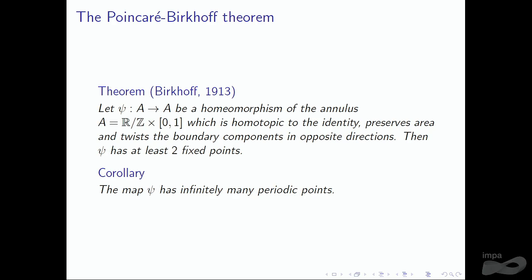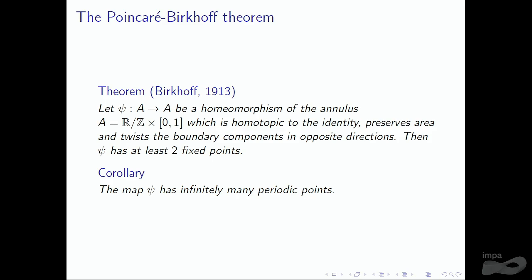In general, the twist condition for us will be that the rotation number, let's say, in the upper boundary component is positive, so the points move to the right, and in the lower component, it's negative, meaning that the points move to the left, okay? And then what is possible to prove is that for that particular lift, it must have at least two fixed points, okay? And then you can iterate the lift and shift in the horizontal direction by an integer,